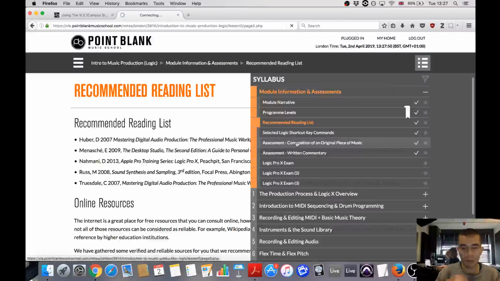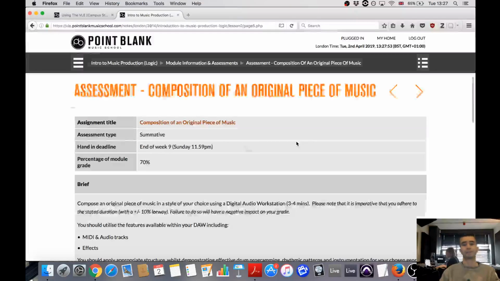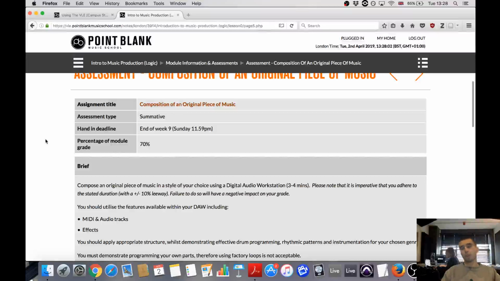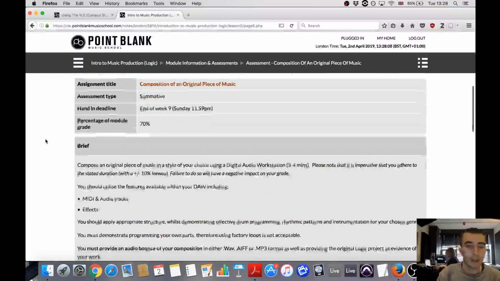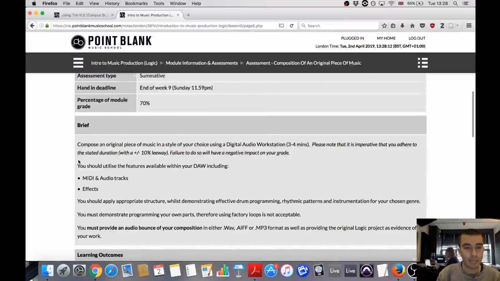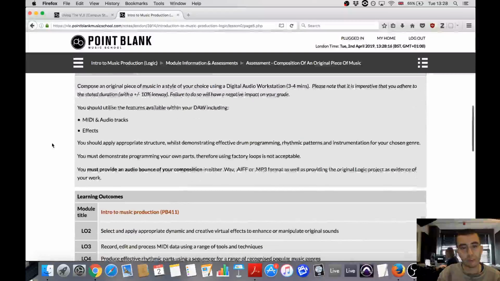The next thing I'm going to show you is an assessment brief page. So these are located in week 0. So you can already view these now and get an idea of what your assessments are going to be like. So important to understand this really. And it might not make sense until you get a bit further into the module because obviously some of the techniques you won't know yet. So here you'll see the assessment brief, which obviously you need to follow to a T really if you want to achieve the top marks.